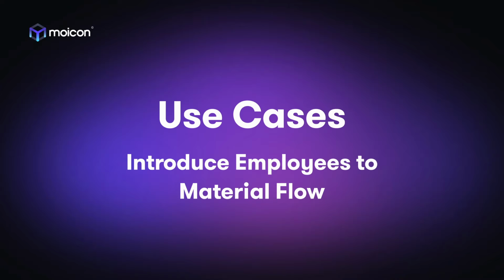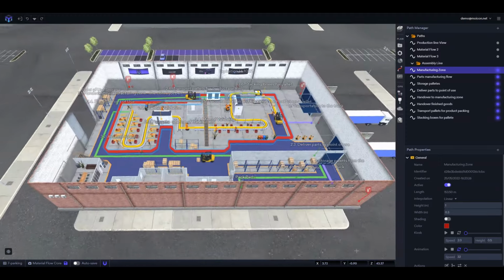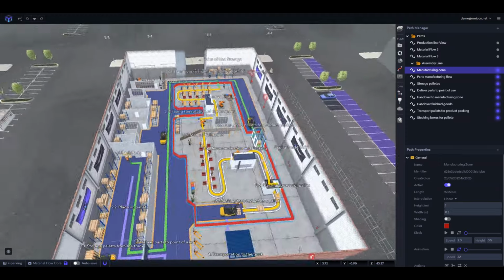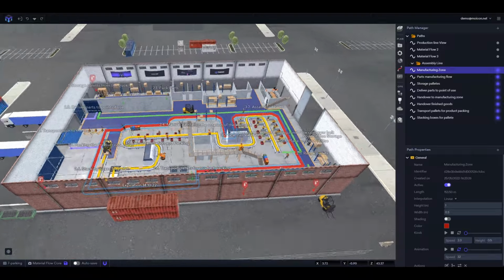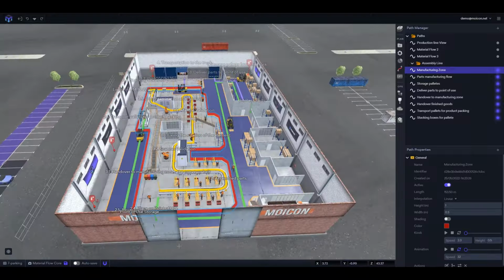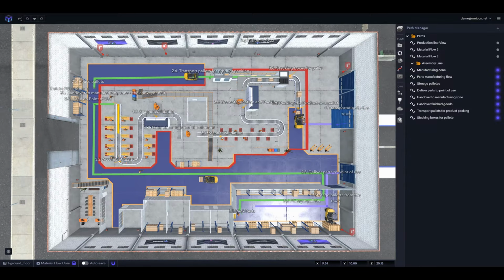Welcome to Moicon Use Cases to help you optimize production in your factory today. Material flow is the foundation of any facility, and I will show you how you can optimize production and delivery using our platform and several features including our Path Manager and Markup Manager. Material flow affects the entire production line, and these features provide the user flexibility to test routes and avoid bottlenecks